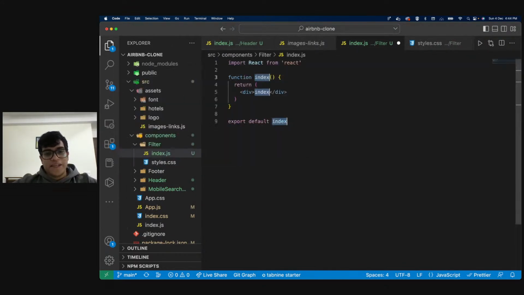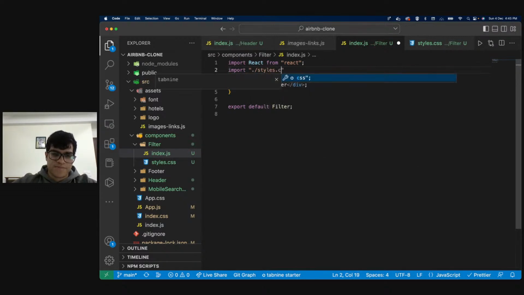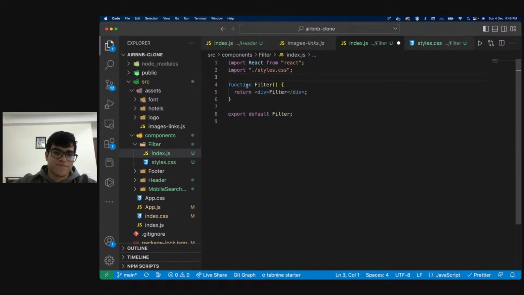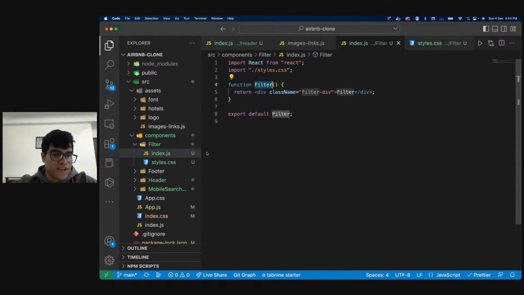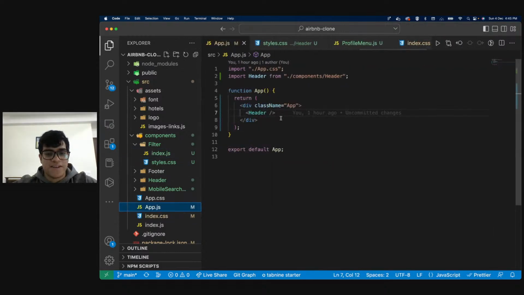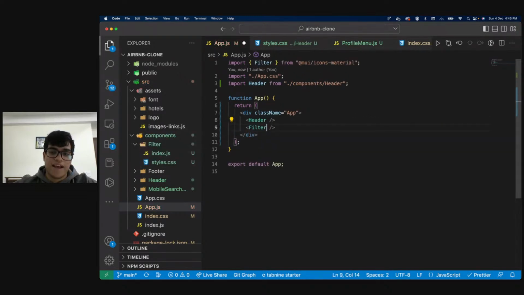Right, this is pretty standard stuff. I'll quickly include import ./styles.css, className filter div. All right, I'm glad. So now basically what we need to do is I'll be including this filter component in our app.js, sorry. And